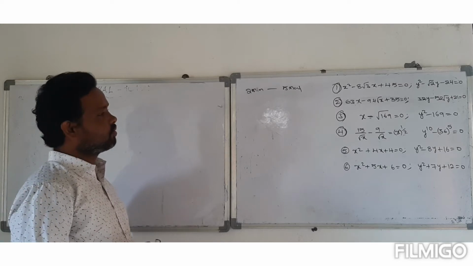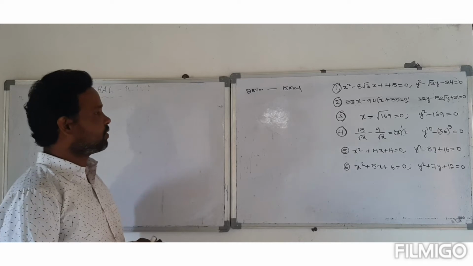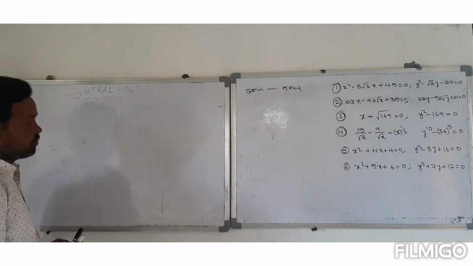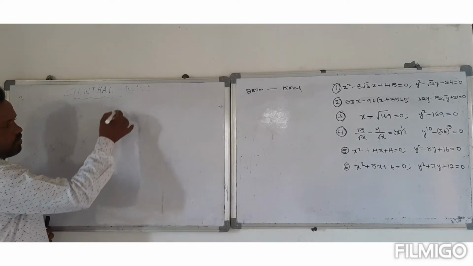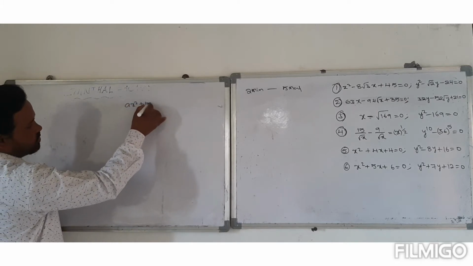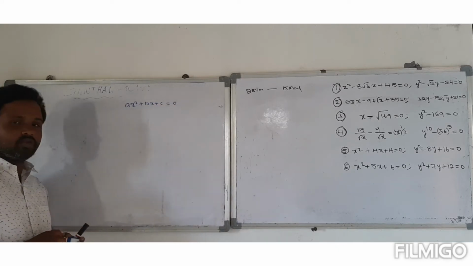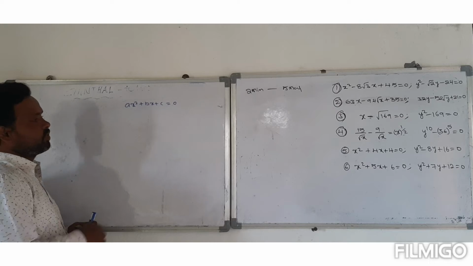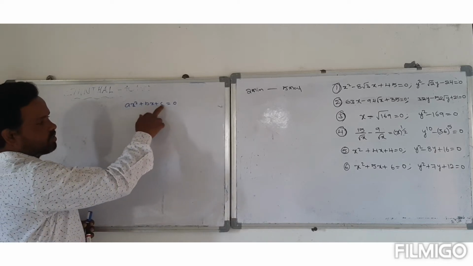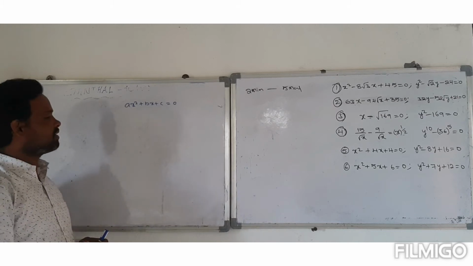This is important to get success in our examination. Okay guys, today the topic is quadratic equations, that is ax square plus bx plus c is equal to 0. Whichever equation is in the form of ax square plus bx plus c is equal to 0, we will call it a quadratic equation.